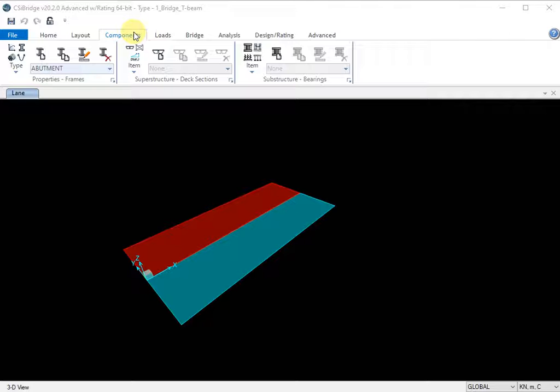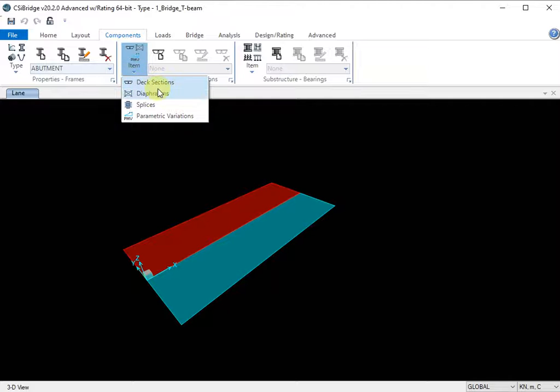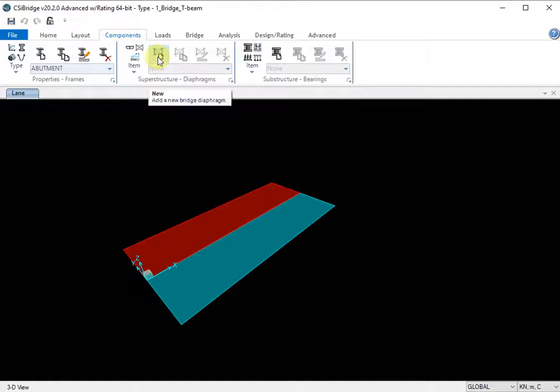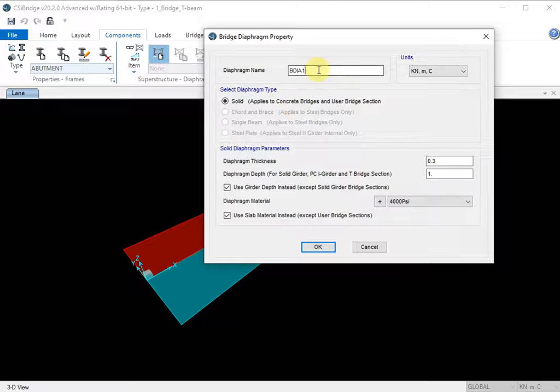Okay, so you go to components, you press item, select diaphragms, you select add new bridge diaphragm here. Okay, this is the diaphragm, and for the diaphragm thickness you just keep the default, no need to change anything. The material is nothing but your concrete. Okay, you press OK.